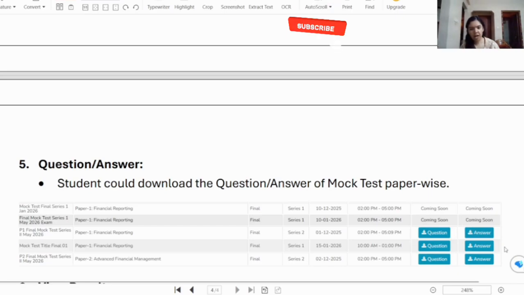You can download the answers also from here itself. In case you do not want to go to the branch physically to give the mock test paper, you can attempt it from your home itself by downloading the questions from here and attempting it in exam-like conditions. And after 24 hours, you can download the answers from here, compare your answers with the ICAI answers and analyze what errors you have made.